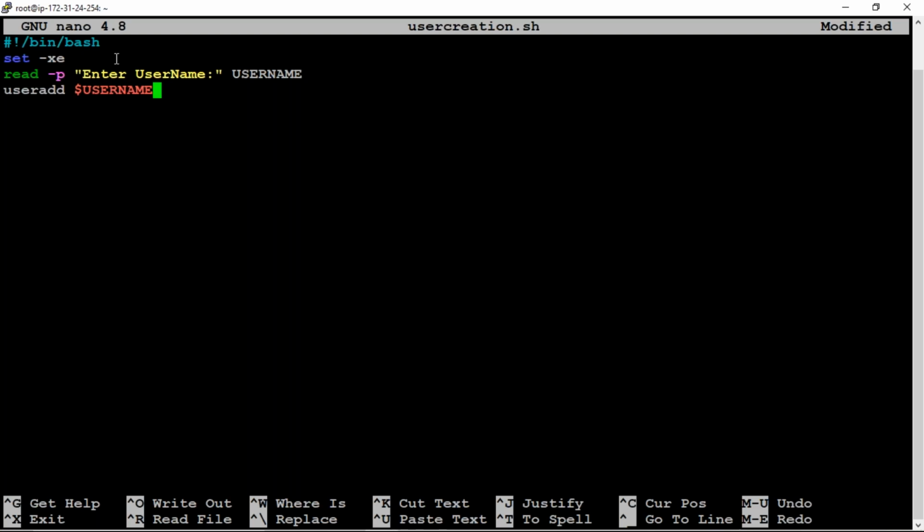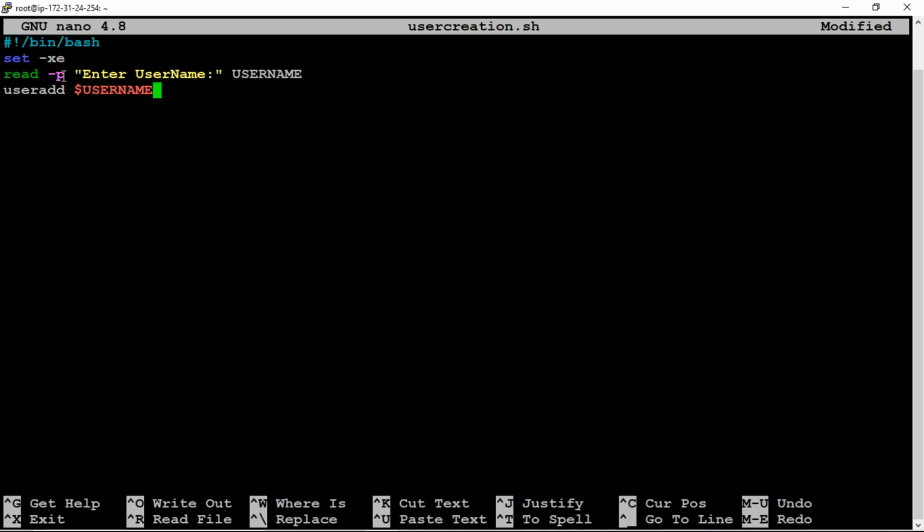Anything you can give, no problem. Usernames are given in capital letters, like PIP or anything, but you can give small letters too, no problem. Okay. For understanding purposes, I'm giving the username variable in capital letters. You just try on that. It will work. So here I'm taking the user input from the users.